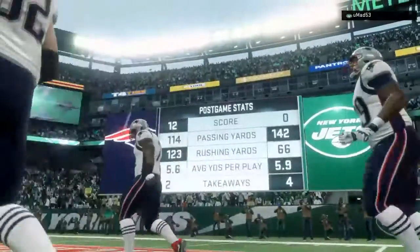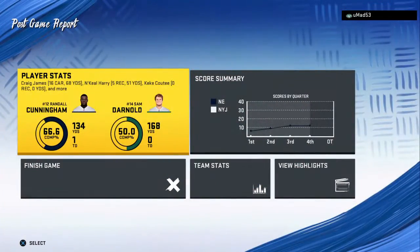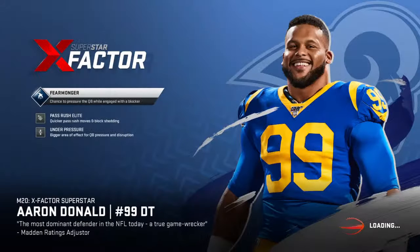So for the Patriots, you can't ask for a better start as they pitch a shutout here in the opener. And they'll get another road test next week as they head to Baltimore to take on the Ravens. Meanwhile, for the Jets, they obviously fall to